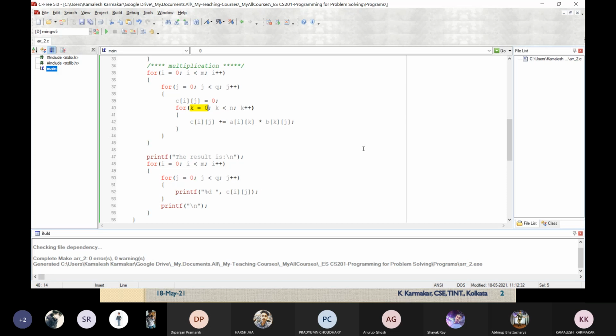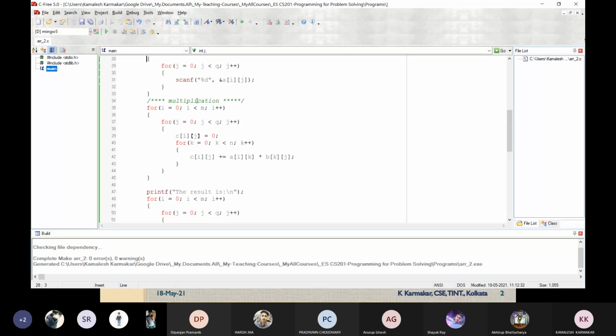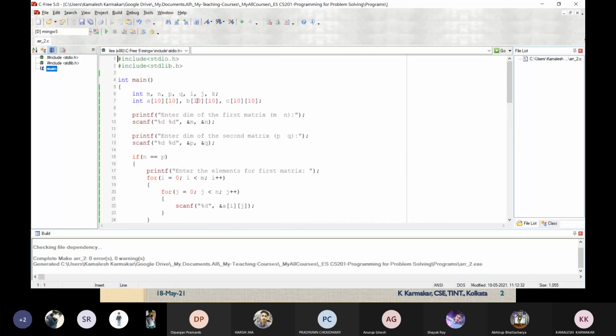So n times the element of A will be multiplied with the element of B. But somehow some garbage value is being stored. Let us check why the value is garbage, whether we have taken the input properly.